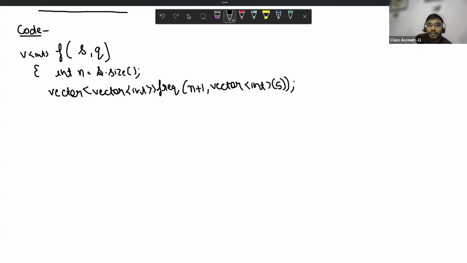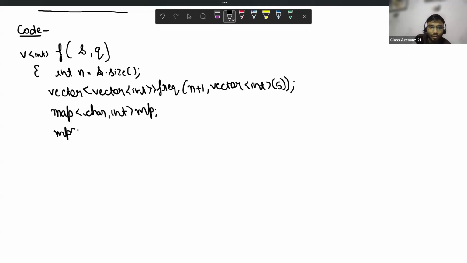Now, to convert the column indexes, to associate the letter A with 0, E with 1, and so on, I need a map. I am taking an unordered map. You can declare it as an unordered map when we code; I'm writing just map here. Not char, not int, sorry. I need a character to integer map, MP.